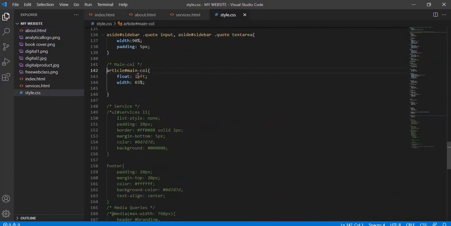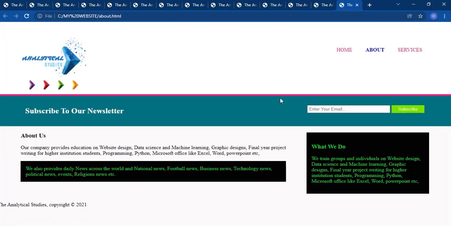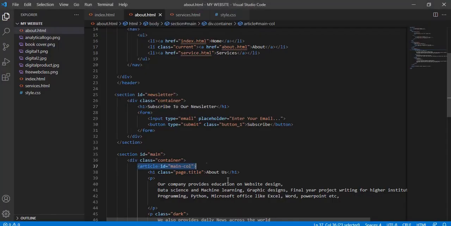So the main column now is going to carry a float left, width 65%. Now let us test that. About us. So can you see now? This is the main column here. Yeah, about us. So, and this one too. Then we move to